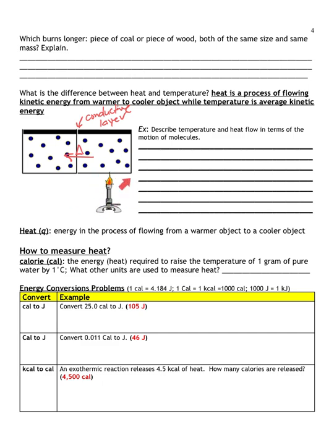Once again, this Bunsen burner is going to cause these particles to move faster with more kinetic energy. That energy, when it hits this conductive layer, is going to transfer over to this side. So that side is going to absorb that energy, and these particles are going to move faster, thus increasing its heat, its temperature